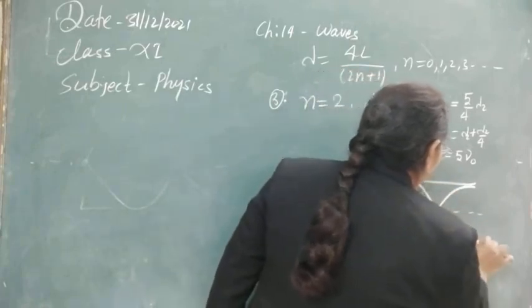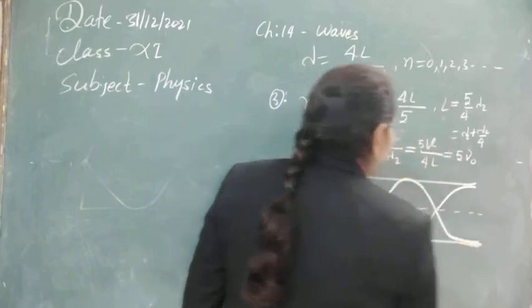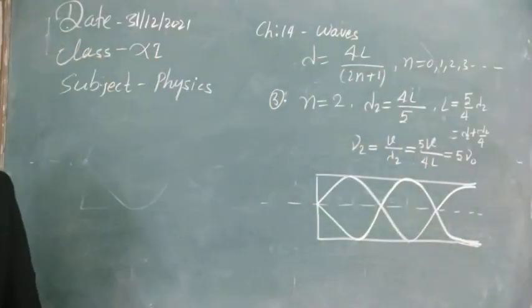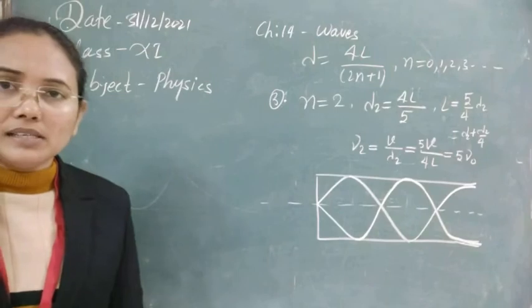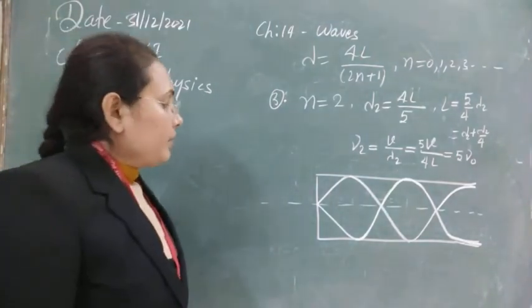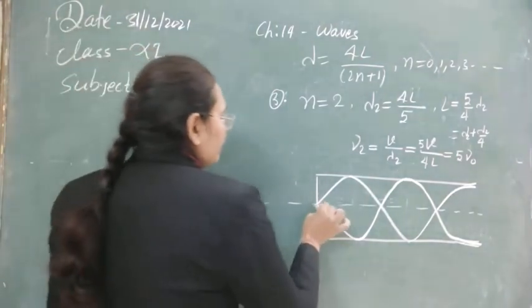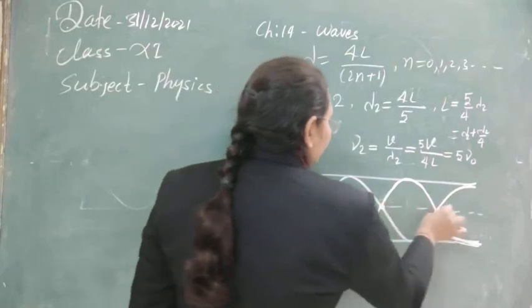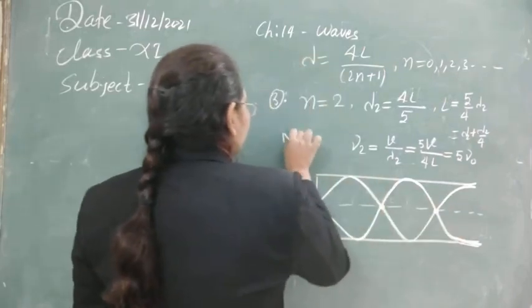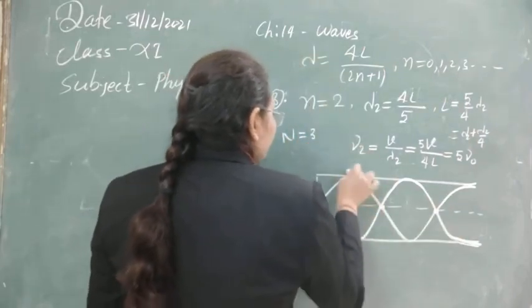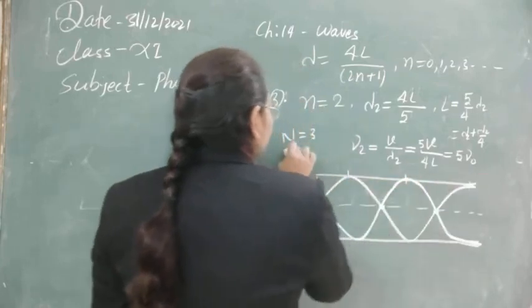So this is now our standing wave for the case of n is equal to 2. Here this kind of wave generation you can see in the organ pipe. Now again, node and antinode, if you count 1, 2 and 3 nodes we have. So the number of nodes is 3 and the number of antinodes is also 3 here.